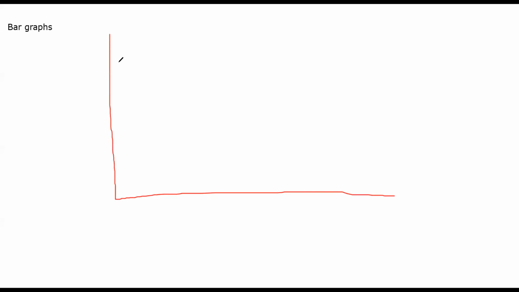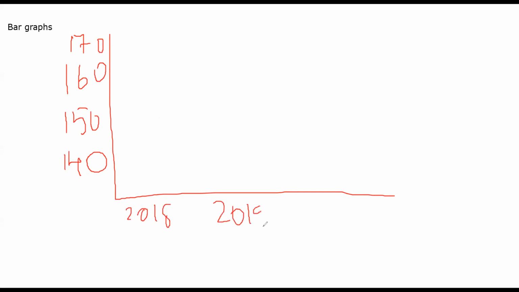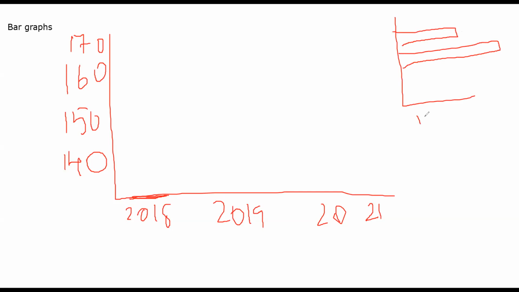The same way as the recent example you took last time. Let's suppose I'm putting the same numbers here: 140, 150, 160, 170. 2018, 2019, 20, and 21. So for the diagram, you will take one unit on your x-axis as the width of a single bar. Now you can flip these as well. So you can have bar diagrams like this as well, with the bars representing the number here. That is up to you whether you wish to do that or not.